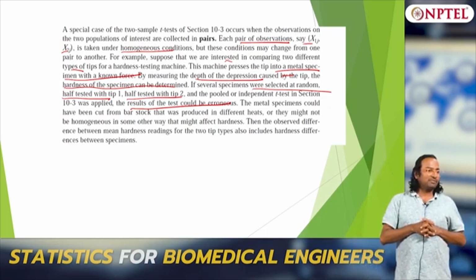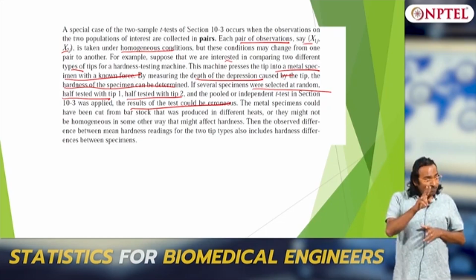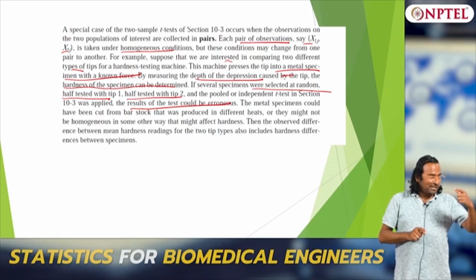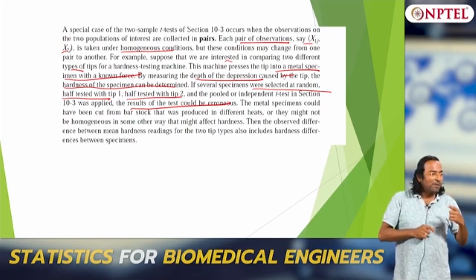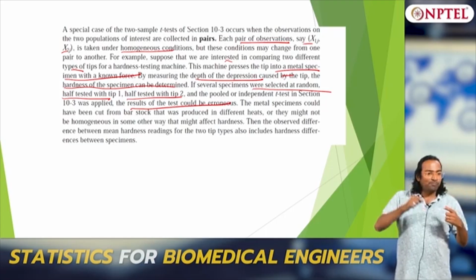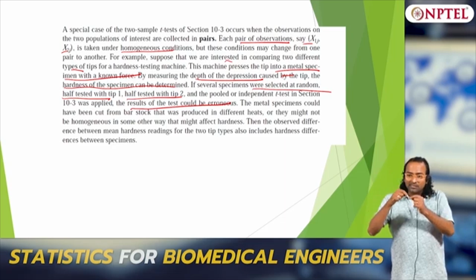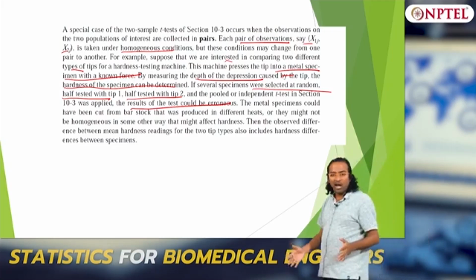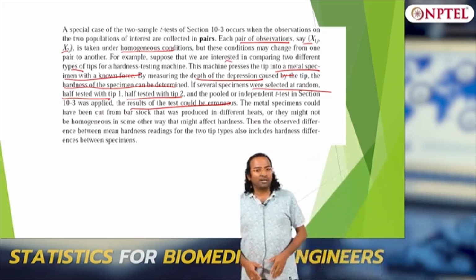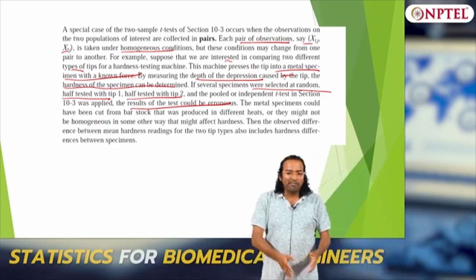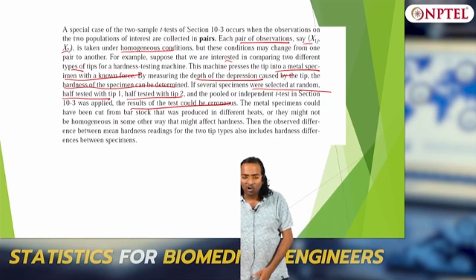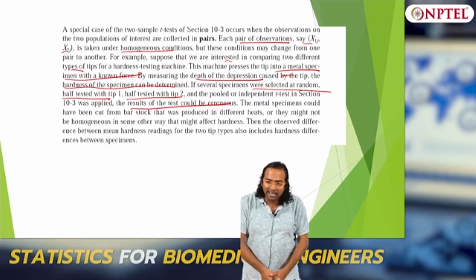Each of the tips itself is different. So when you want to correctly measure the hardness of a specimen and compare, what should you do? I should pair the tip with the specimen. You understand? I have 100 metal pieces and want to test their hardness. It is like saying for 50 I will use one sensor and for another 50 I will use another sensor. Does it make sense? No, right? You have to pair the sensor with the